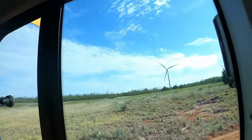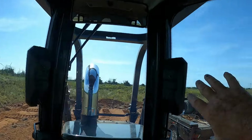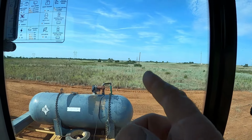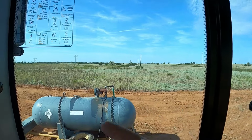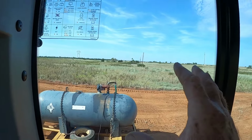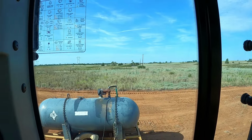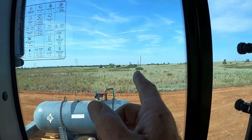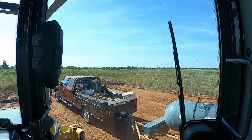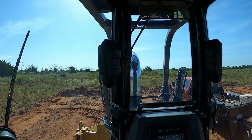But we're gonna start knocking down some more of these cedar trees here and pushing them up toward that corner and just kind of work my way around and kind of back up toward that deer feeder and deer stand over there. That little area right there has been taken out of a CRP, so that'll be a spot that I can push some trees to, but there's not very many real close to that. There's one big cottonwood tree on the other side of that deer blind that I may have to push over that away, but I'm just going to keep kind of knocking down some of these trees until they got a